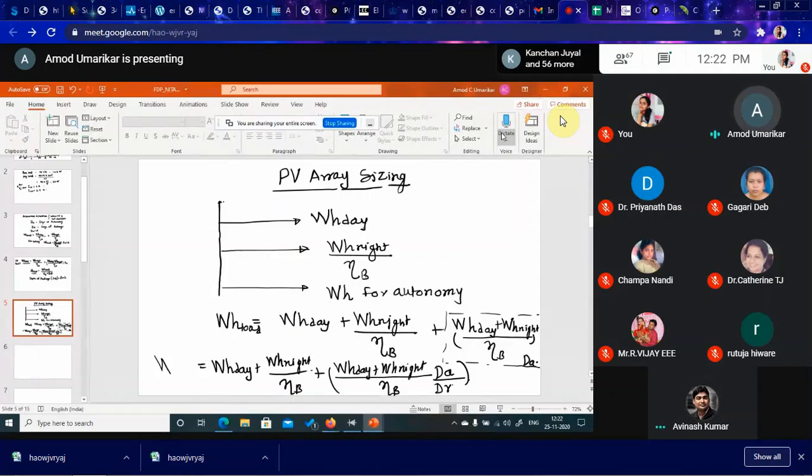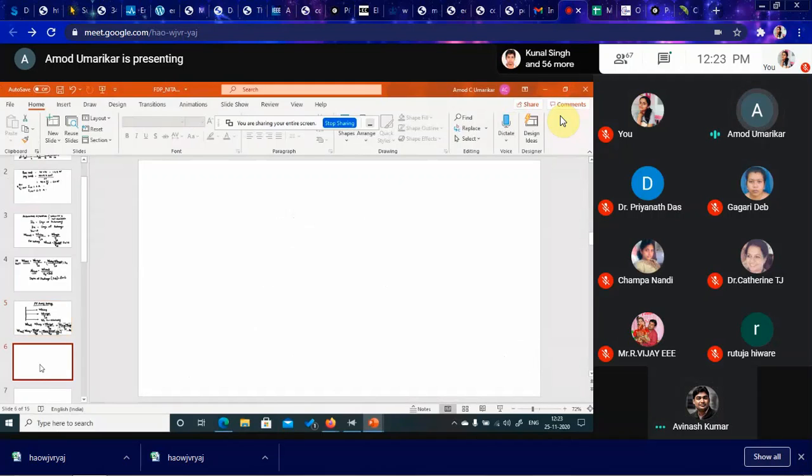Okay, so this will be total WH load, or it will be PV array size. Okay, this will be a PV array size. So in this way, we can design the PV array. Once we know the PV array load requirement, then the maximum power